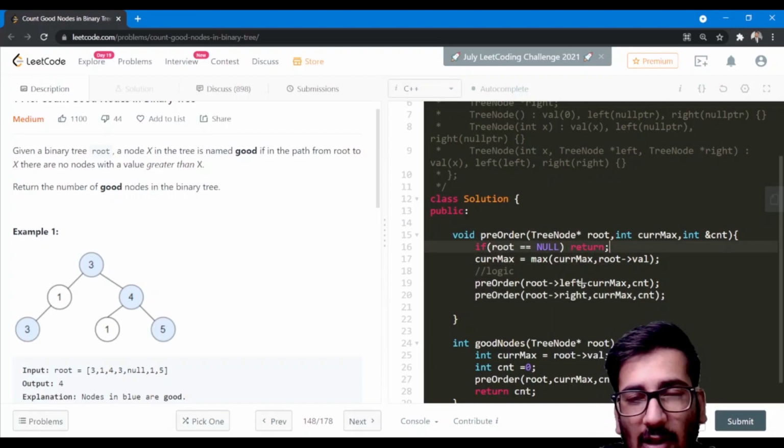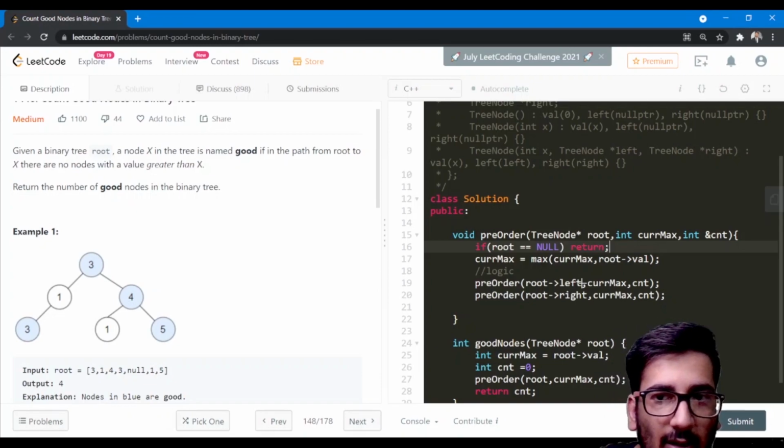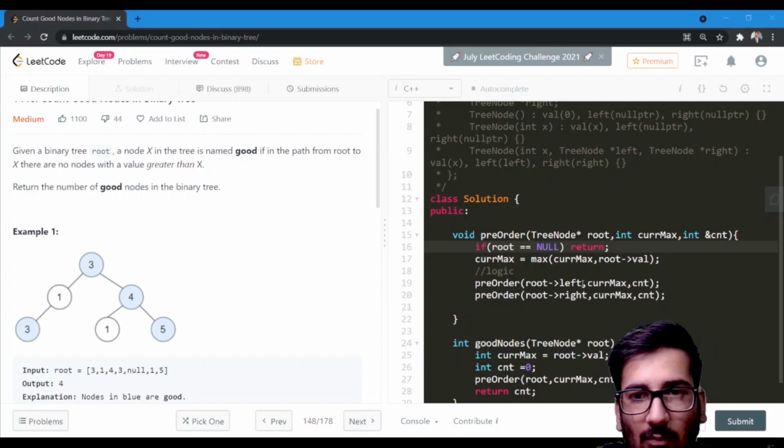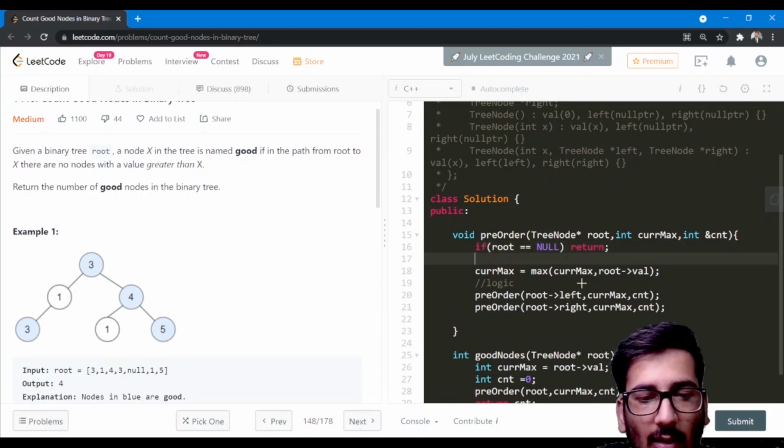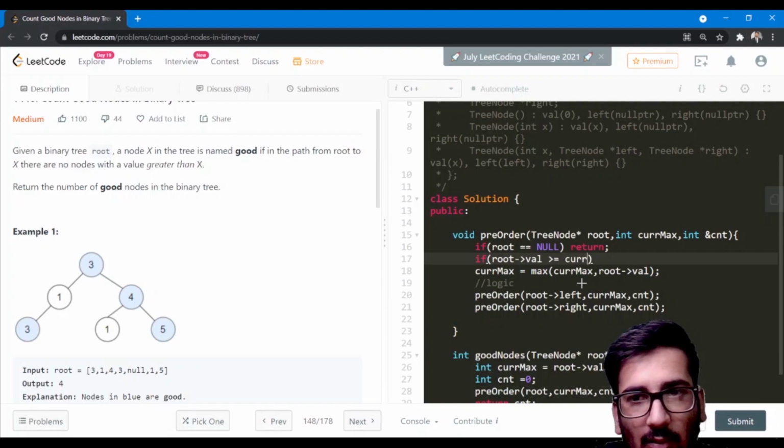Okay, so this is for the current max, now how we are going to increase the count. As written in our question description, if root value is greater than or equal to current max, then we will increase the count.